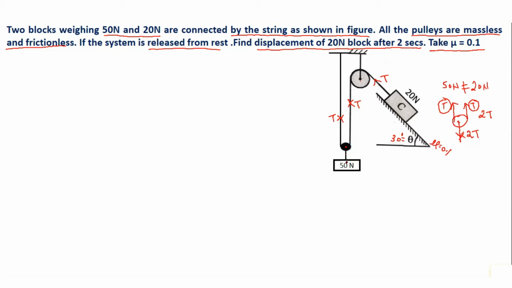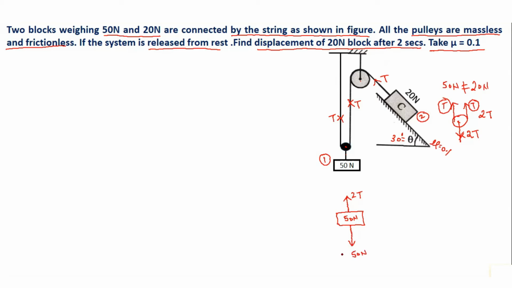Next step is to make the free body diagram of this particular body and this particular body. But before that, for simplicity, let me name this body as 1 and this body as 2. Now, drawing the free body diagram of body 1, I will have a body of weight 50 Newton. The first thing we'll show is the tension in the cable or the applied force, which is 2T, and tension should always be away from the body. Next will be the self weight, which will be going down, of 50 Newton.